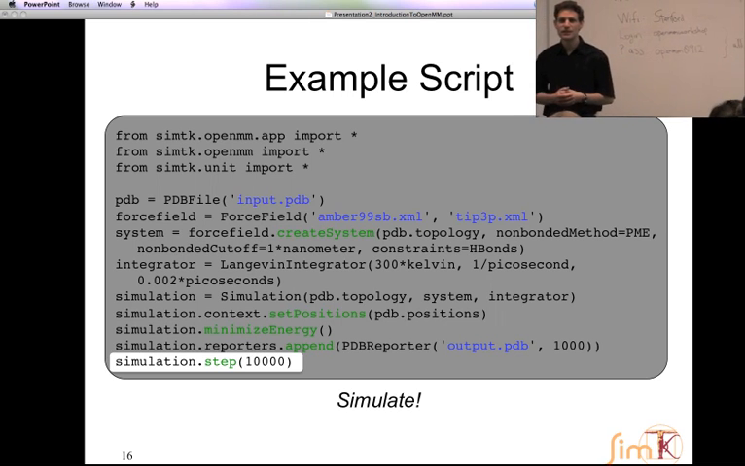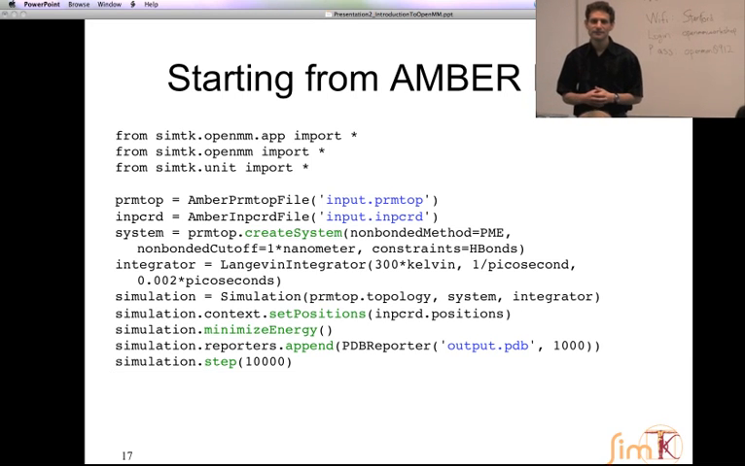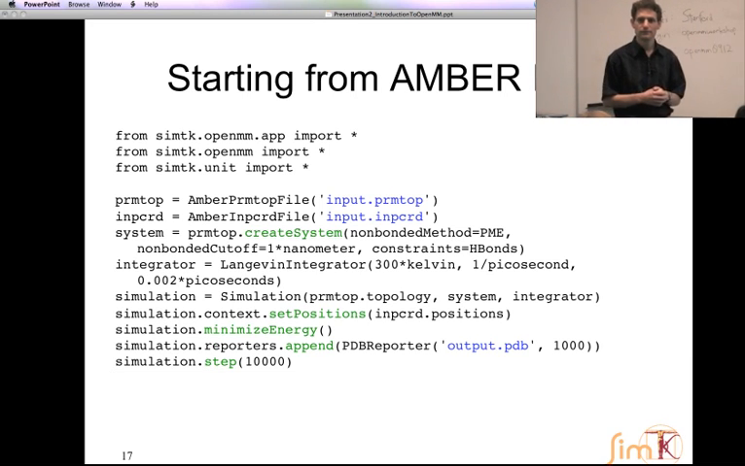Does that all make sense pretty much? Excellent. I have a question. Yeah. What is the difference between this Python script and